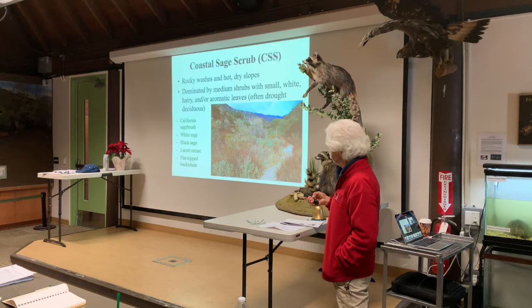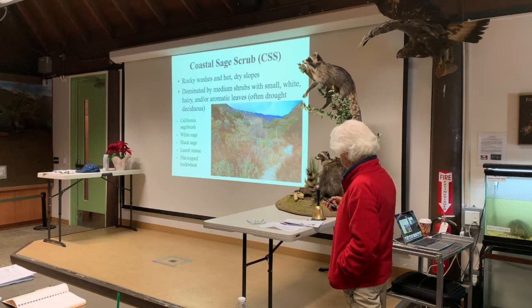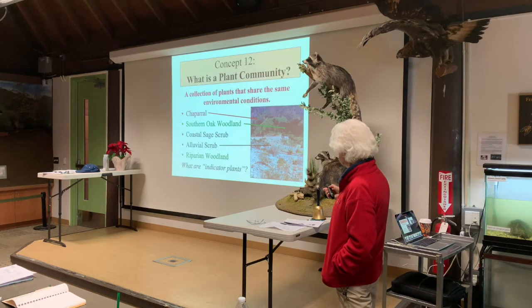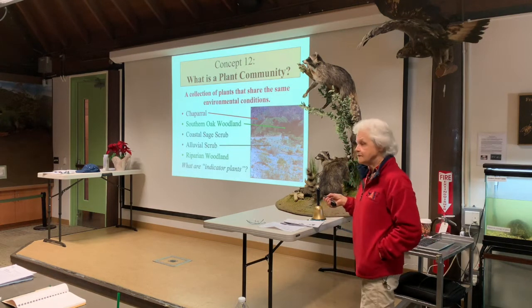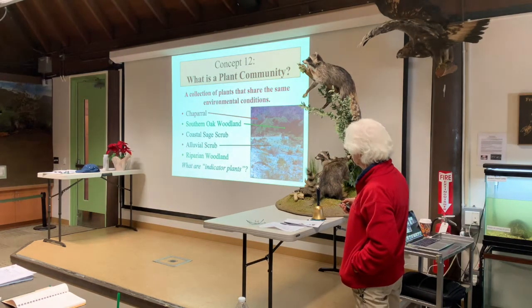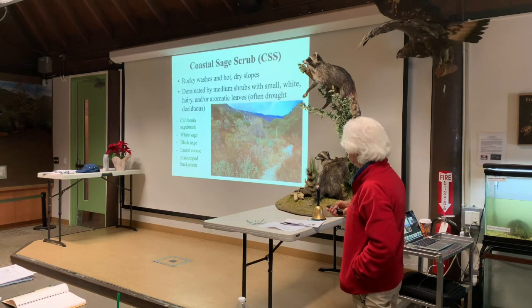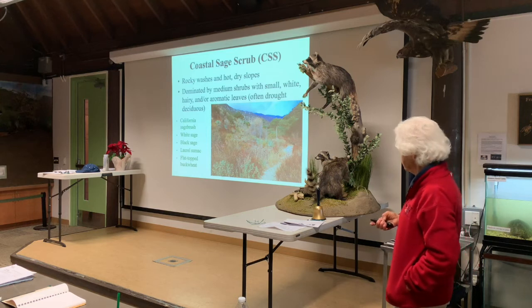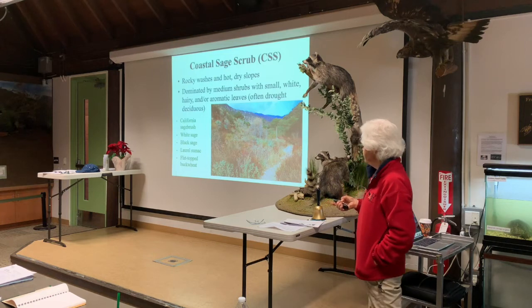Okay, coastal sage scrub. Rocky washes and hot, dry slopes. Let me go back. See this area up here? It's on the hills, but it's not all green. It's like dotted with plants. That's coastal sage scrub too, not only down here. So coastal sage scrub is in rocky washes and in hot, dry slopes. It's dominated by